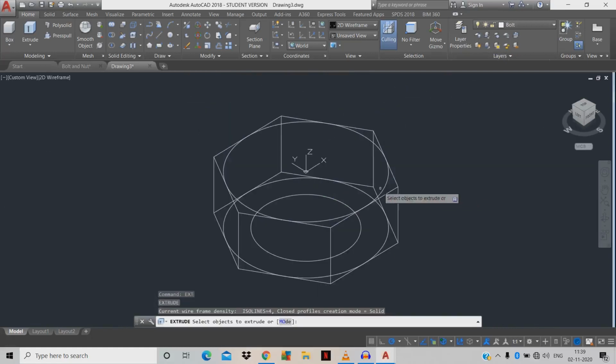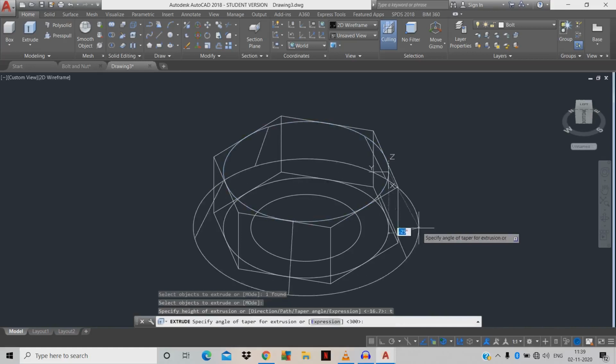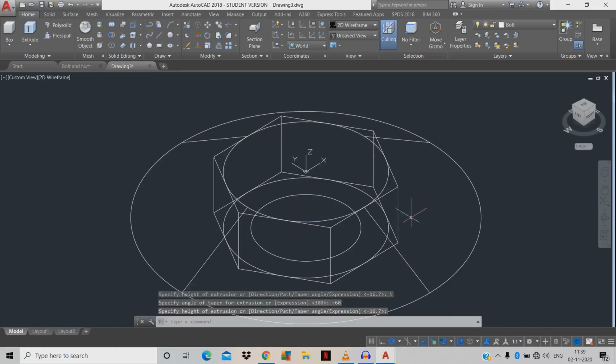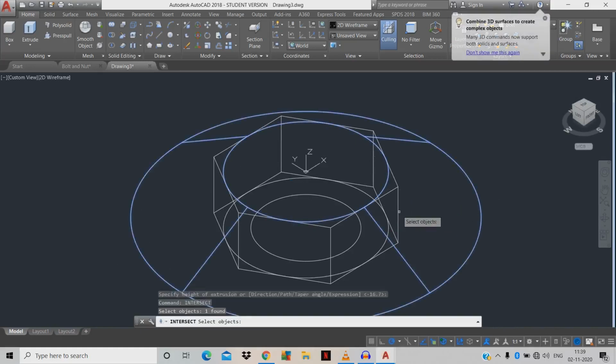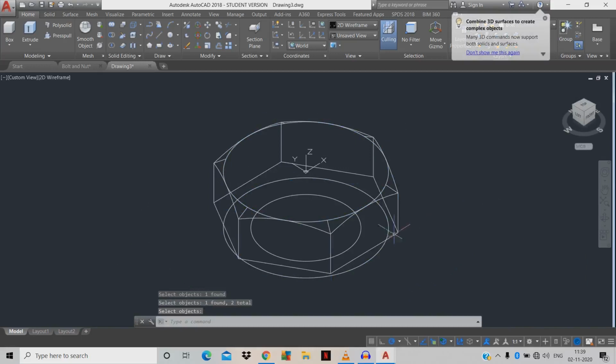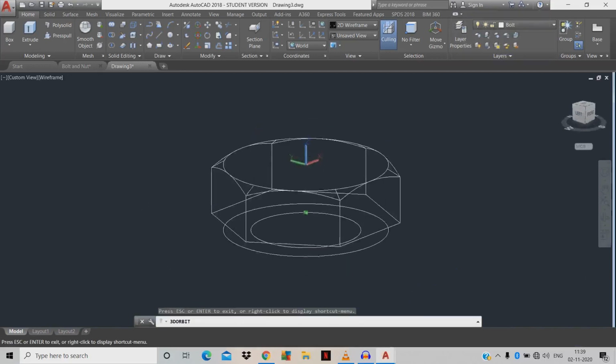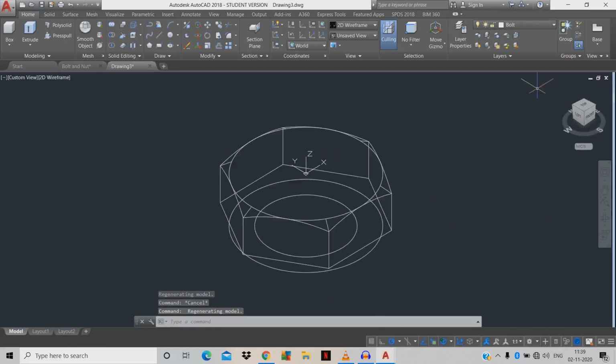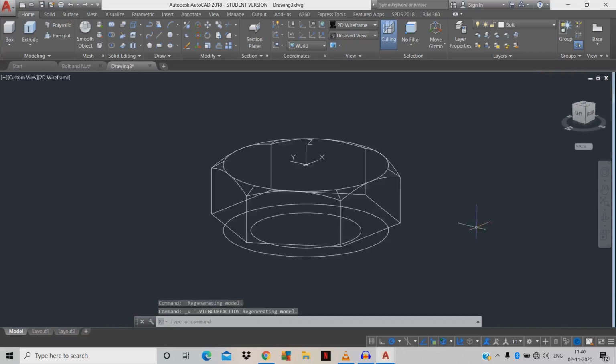okay, let's do extrusion space, T for taper angle, minus 60, 7.8. Okay, same, we're gonna give intersect. Click both objects at the same time. Just click it over. Have you seen the section will be in cut? The section will be cut. So for example, if you're gonna give 9.5 and use taper angle, just give more than 9.5. The value may be 11 or 12. Okay, Control Z.